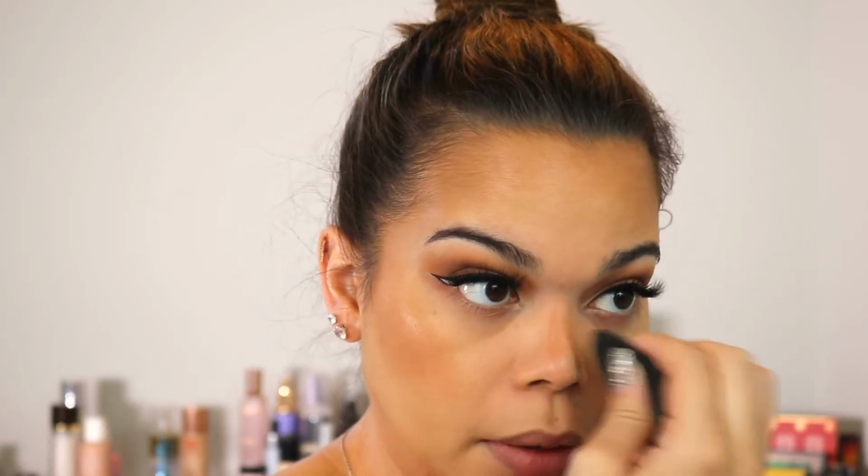For the nose contour, I'm just gonna work this in, buffing it with the sponge. It's just more precise. And I don't want the lines to fade completely. We're gonna leave them a little messy because we're gonna go in with concealer next. So the concealer is gonna help us conceal, clean up a little bit of our contour, as well as highlight